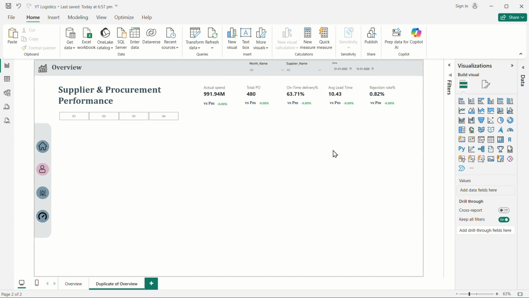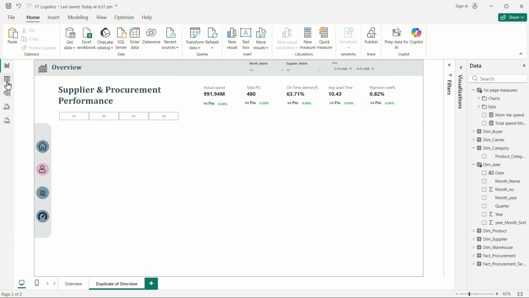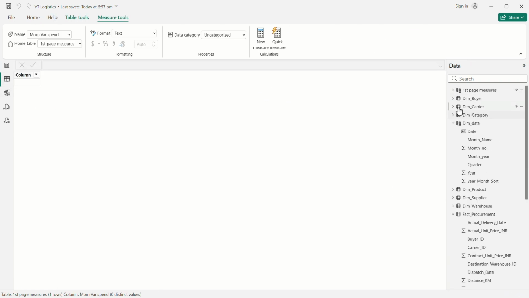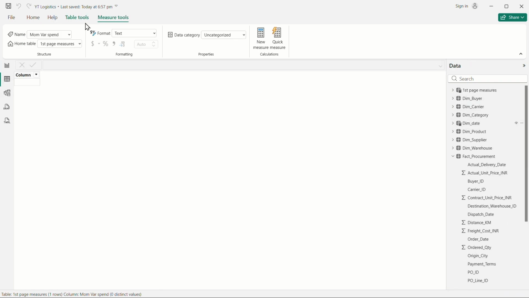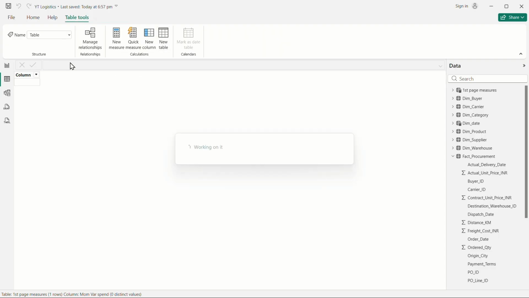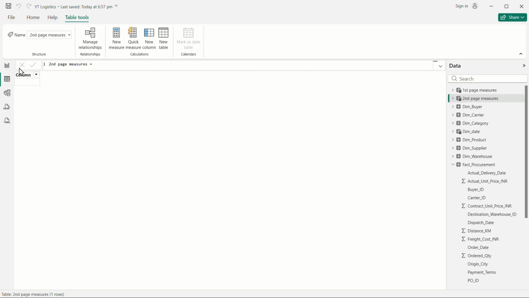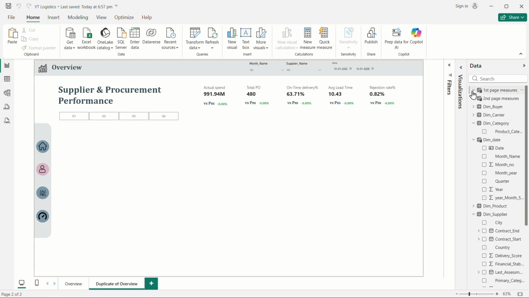All right, so in this first KPI we will use total suppliers, because this will be supplier and procurement performance. For that, go to this table and insert a new table, and we will keep all the second page measures here only. Second page measures, equal. All right. After this, second page measures,